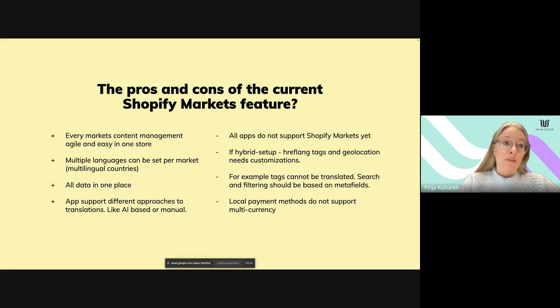So, for example, if that's a very important payment method for your customers, and you want to offer a localized experience or multi-currency, then it's not possible yet in all Shopify Payments agreements. And yeah, I would say that